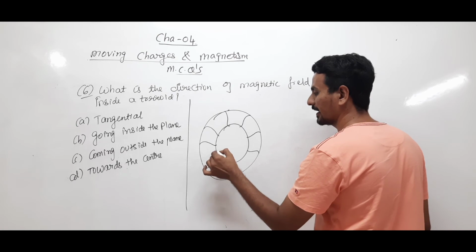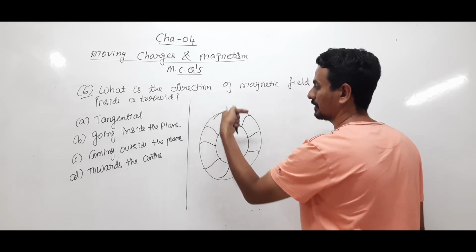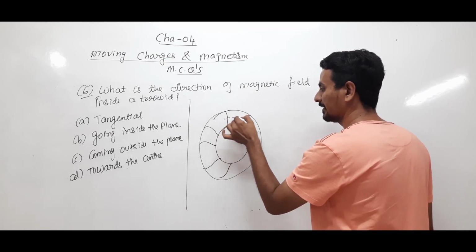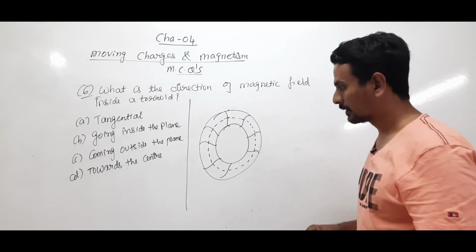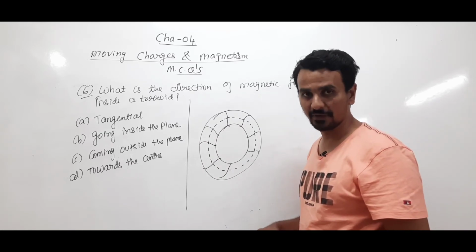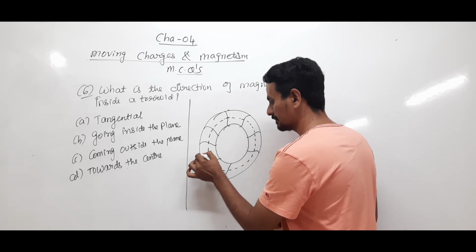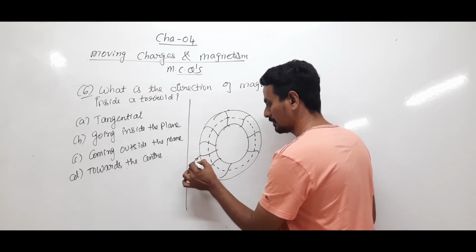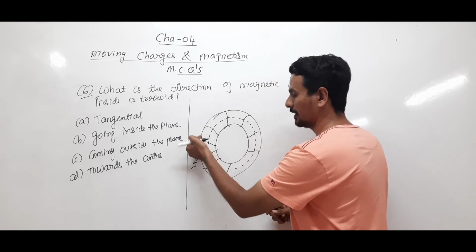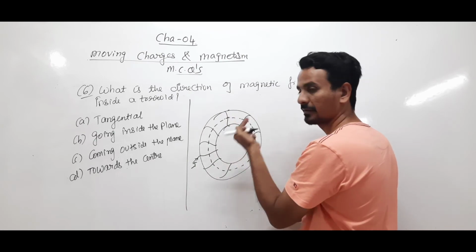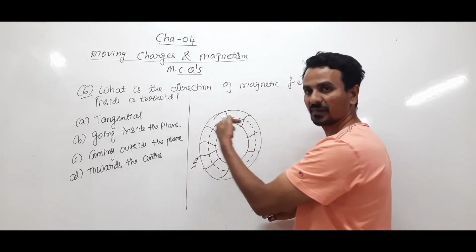Current will be flowing inside this turn. That means current will be flowing this way. Let this be the Ampere loop. So the direction of magnetic field will be, see, this is how the current will be passed. It will go into the turns this way. This is how the current will be flowing, right? Current will not flow this way, it will flow into the turns this way.